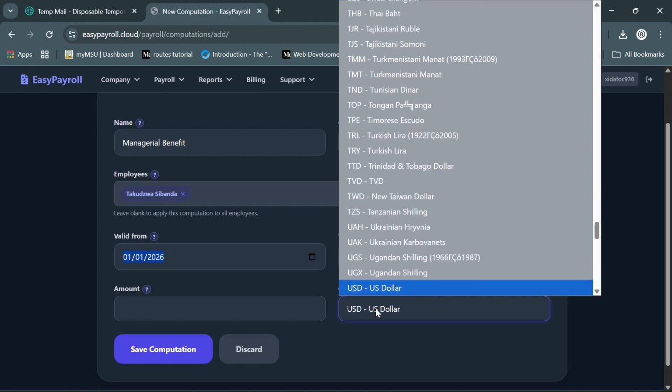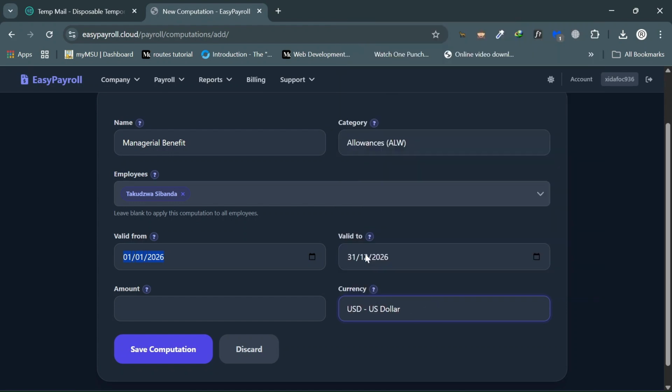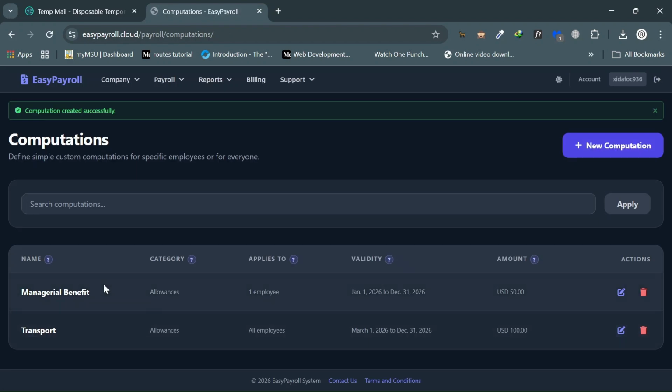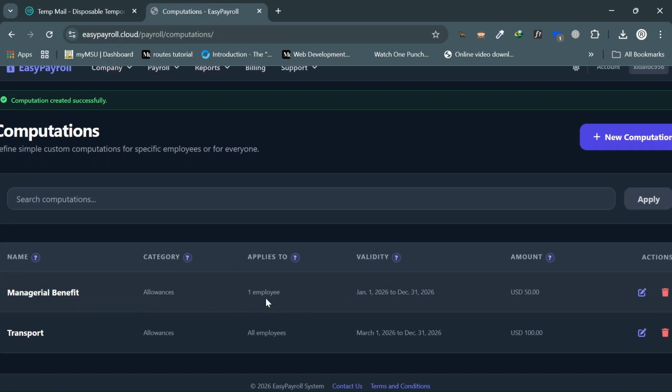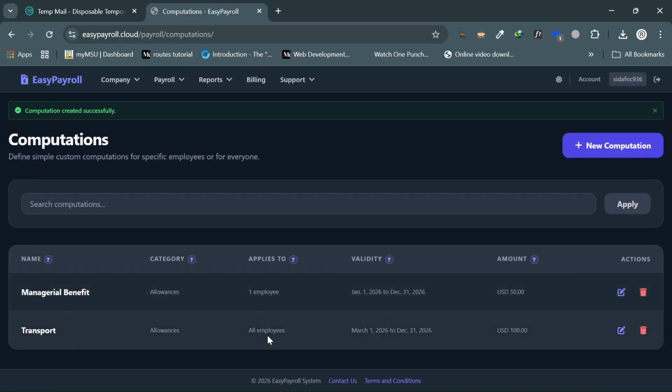We are going to pay him in USD also, right? And the amount we're going to pay him is just a $50 benefit here. I'm going to save this computation also. So this is another allowance. So this allowance affects one employee, as you can see, it tells you here, and this one affects all employees,